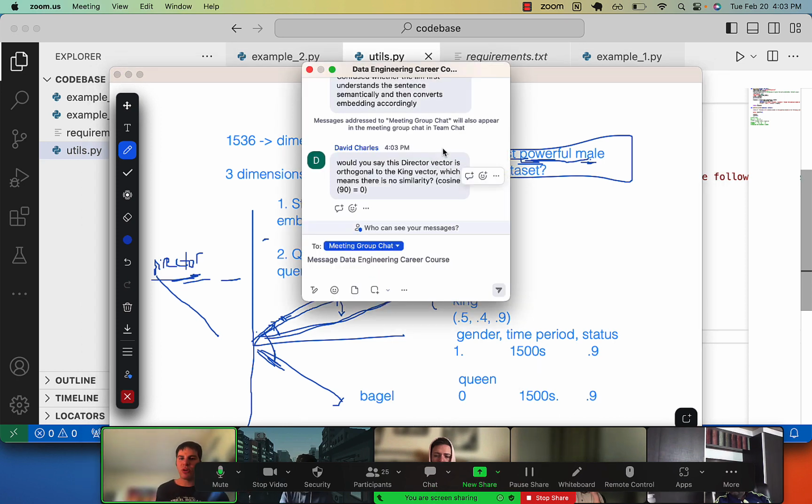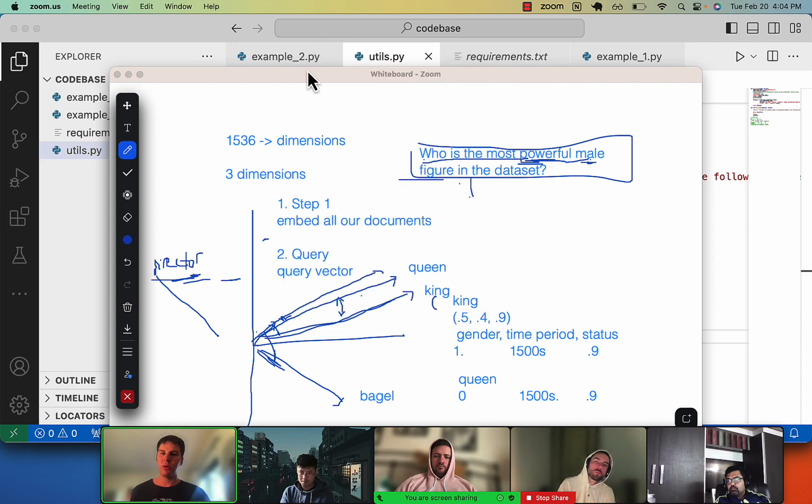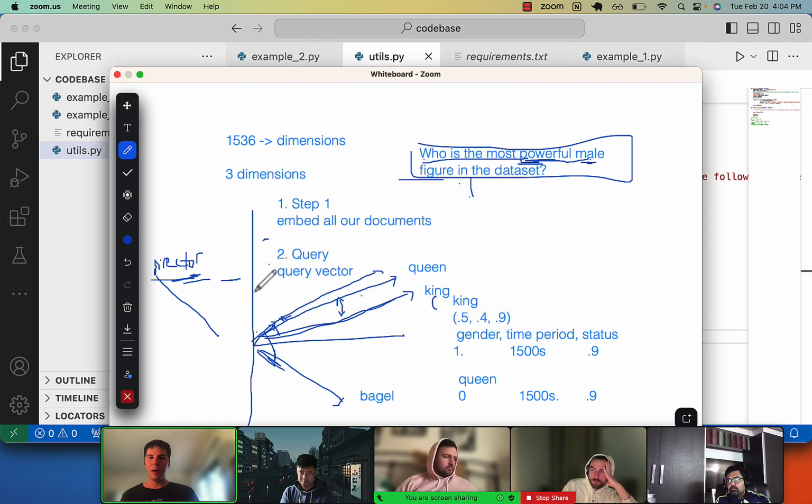Would you say this director vector is orthogonal to the king vector, which means no similarity? This is kind of getting into matrix algebra or geometry. Orthogonal is just a fancy word for perpendicular, just for the time being. So this is kind of perpendicular. But if you imagine it, and this is where the geometry makes it a little harder, but you